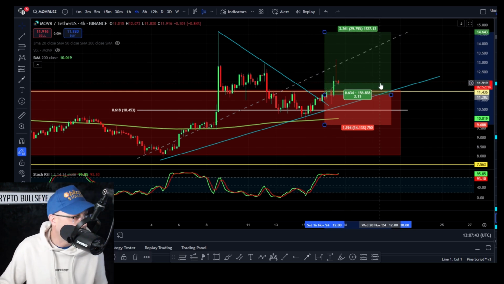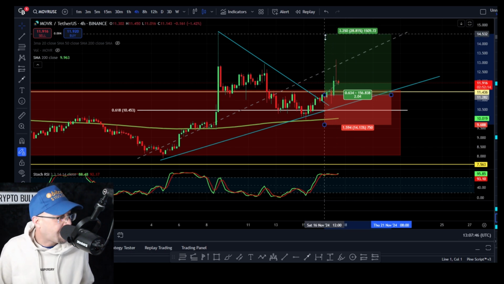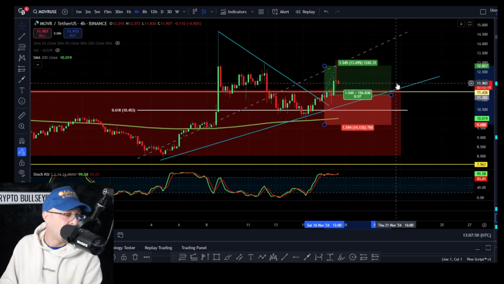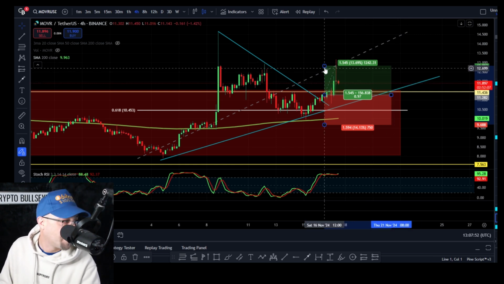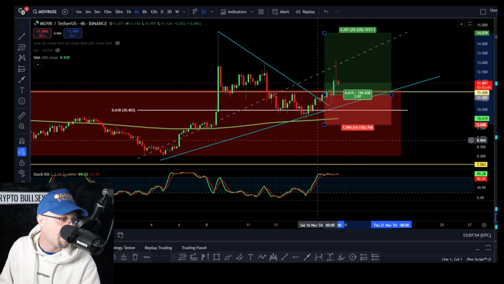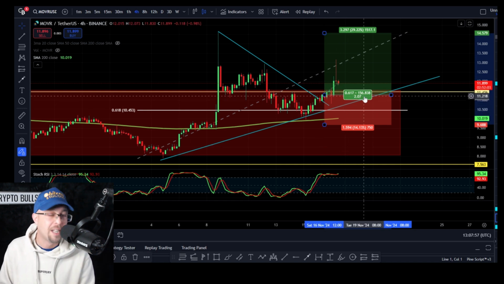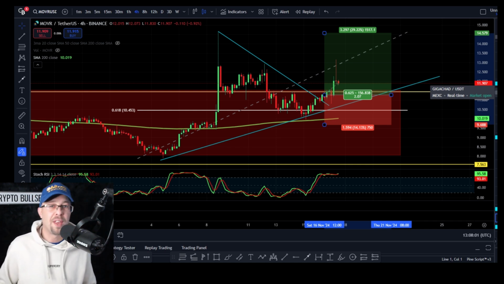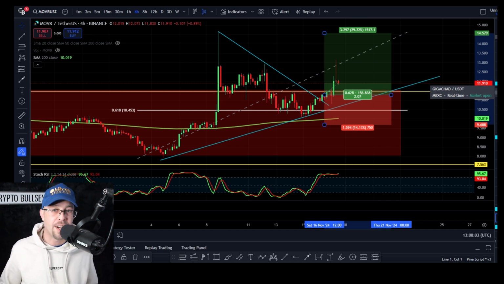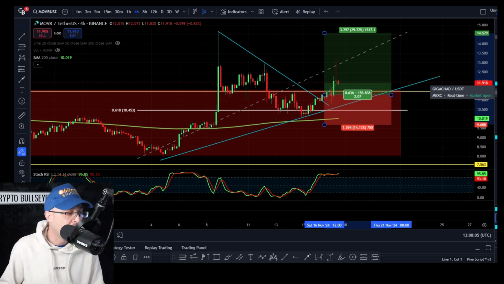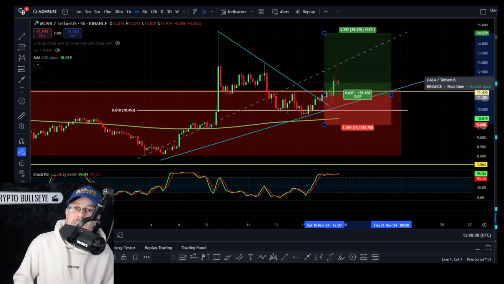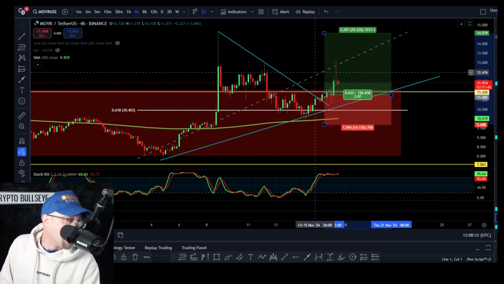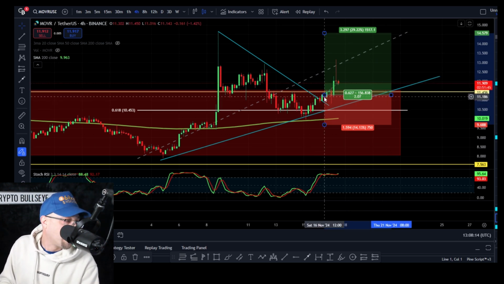2.11 risk to reward. If you were shooting for the high close here, 0.97, what would that tell you? That'd tell you you're not allowed to take it. If you were shooting for the extreme high, that would tell you you are allowed to take it, 2.07. So it needs to be a 2 to 1 minimum risk to reward. If it's a 1 to 1 risk to reward, that means that you need to win more than 50% of your trades. Doesn't give you as much of an edge. If you have a 2 to 1 risk to reward, you need to win 1 of every 3 trades, guys, to break even. So ensure that you've got good risk to reward there. That's why that's being built in as a rule.